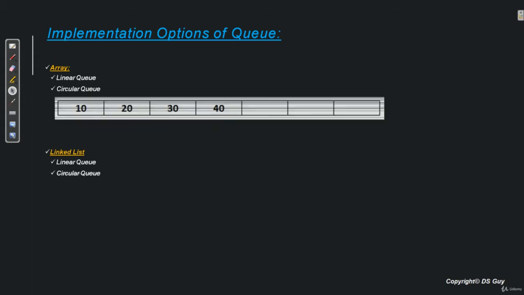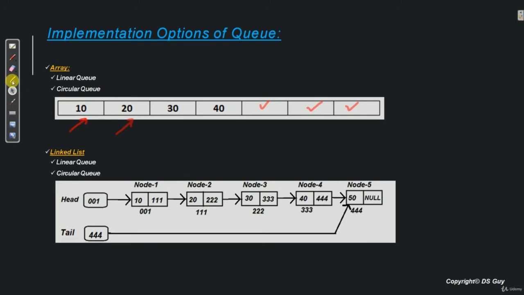Now let's see how a typical queue looks when implemented using an array. It will look like this. Here we have an array and we have some items in this array. And as you can see, we have some blank spaces as well. So we can insert some element and we can also dequeue some of the elements. Similarly, if we implement a queue using a linked list, a typical linked list will look something like this. Each number will have one node assigned to it. So we have number 10 over here, number 20 over here, 30 here and so on. Now how to create all these things? We will talk about it in a lot of detail in some time.